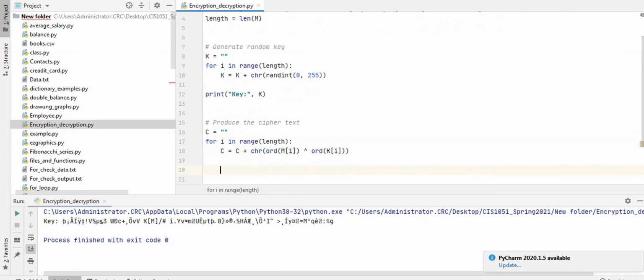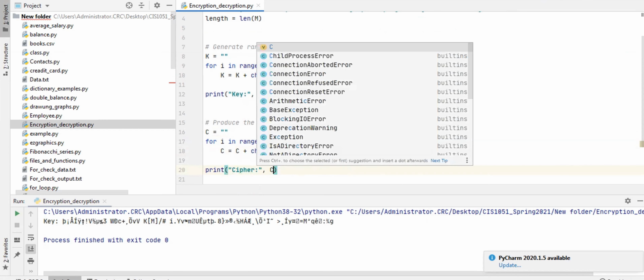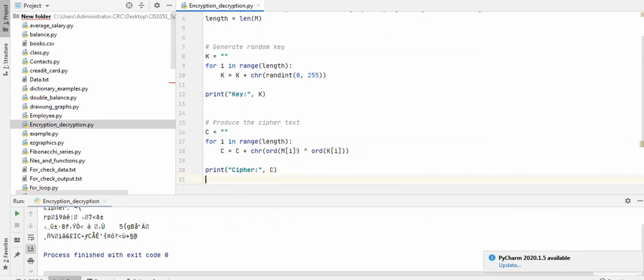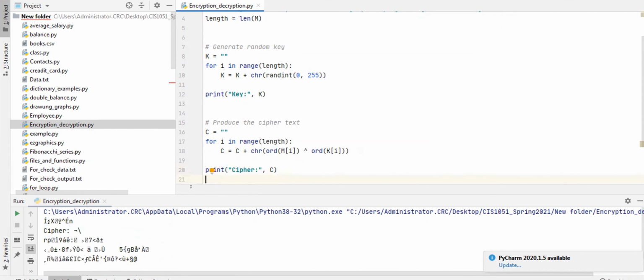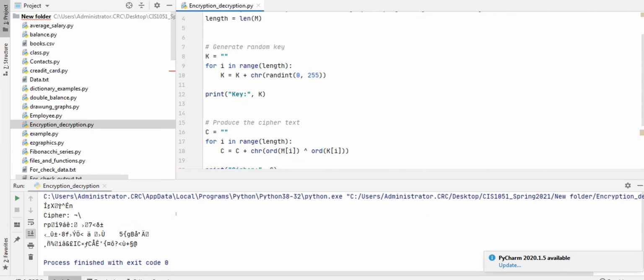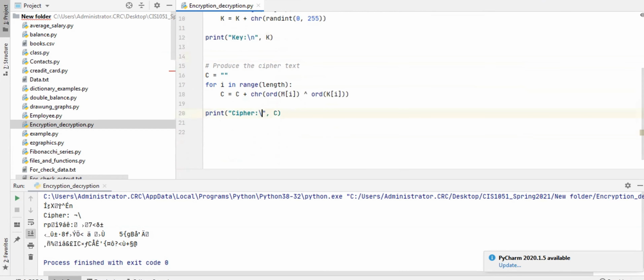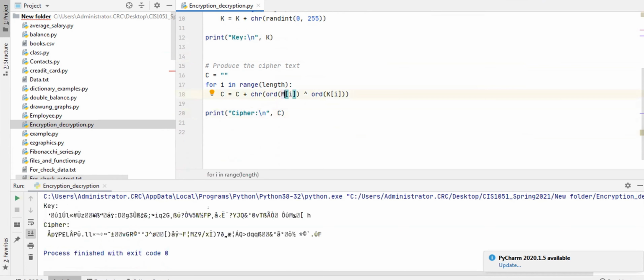So let's see how the ciphertext looks. Let's put it in the next line. All right.